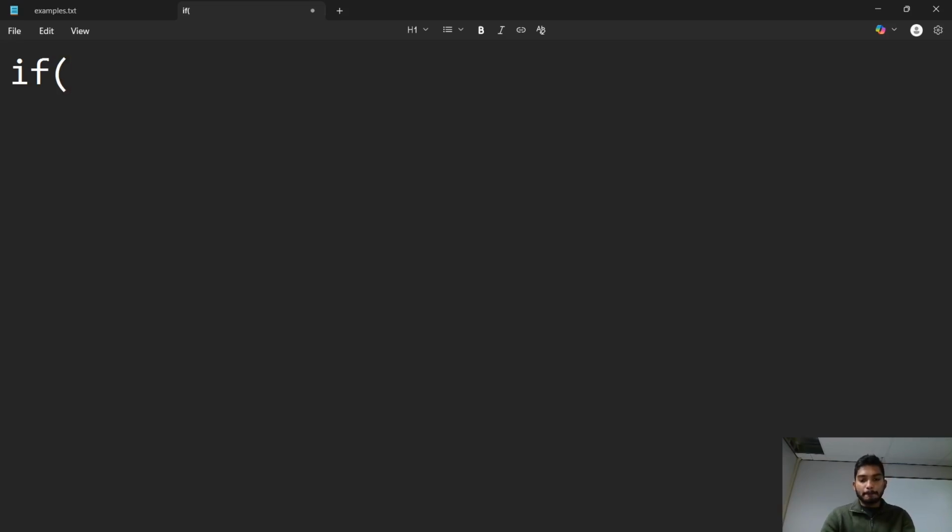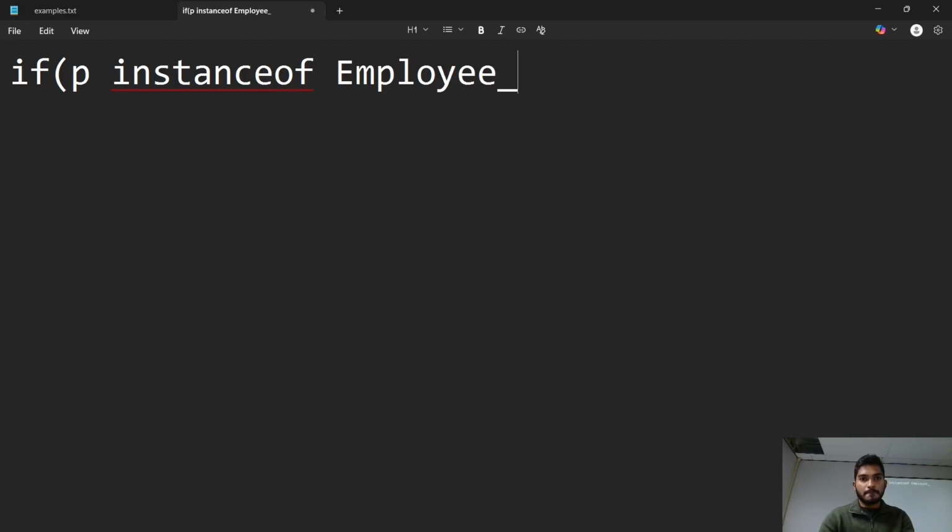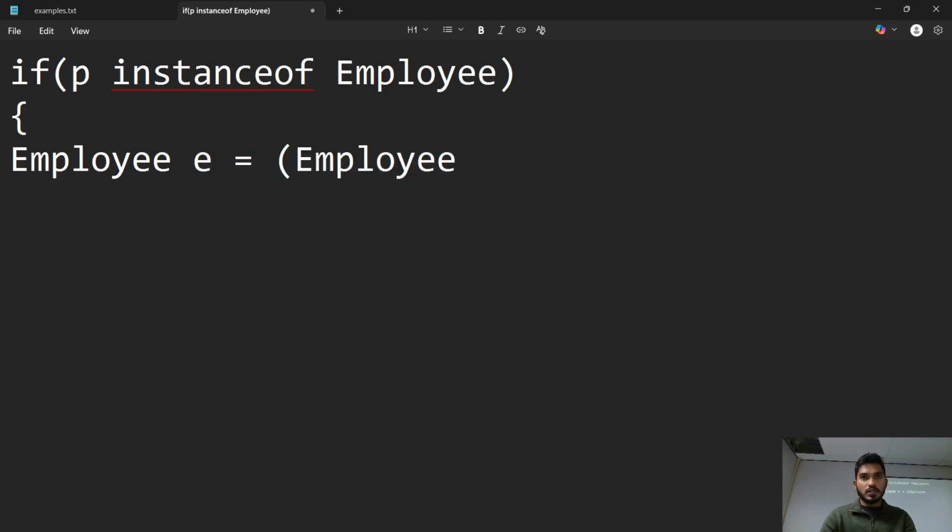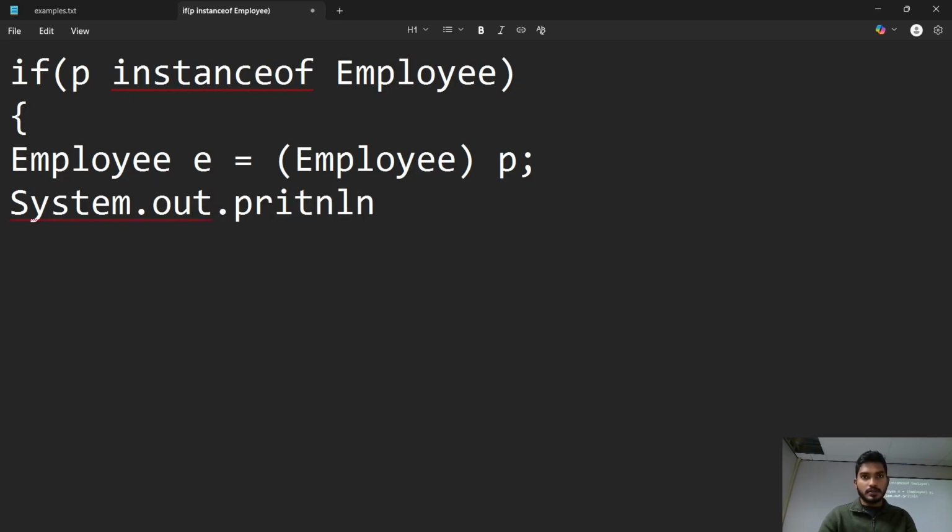So if p instanceof Employee, then Employee e = (Employee) p; System.out.println(e.calculatePay());